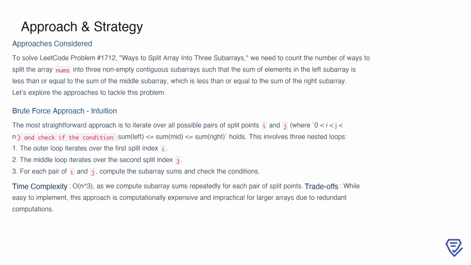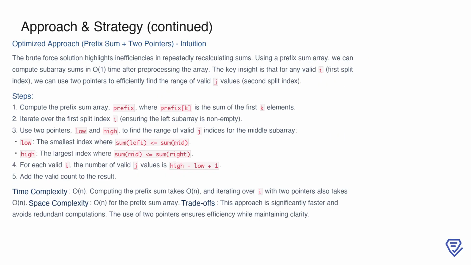This makes it highly inefficient for larger arrays due to redundant computations, and we must look for a more optimal solution. The inefficiency of the brute force approach arises from the repeated calculation of subarray sums. To address this, we can use an optimized strategy that combines a prefix sum array and a two-pointer technique. The prefix sum array allows us to compute subarray sums in constant time by pre-computing the cumulative sums of the